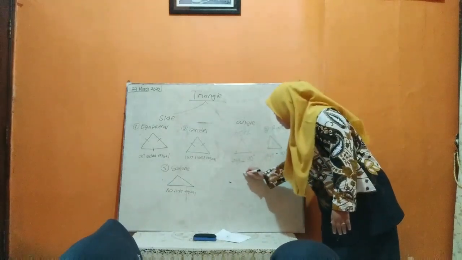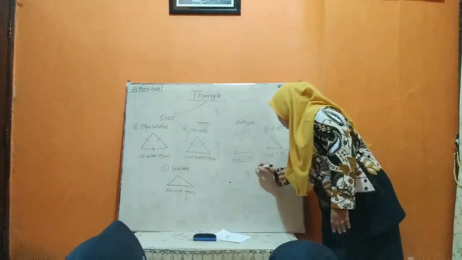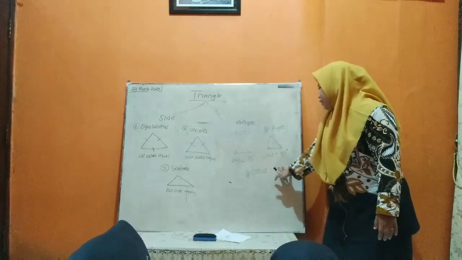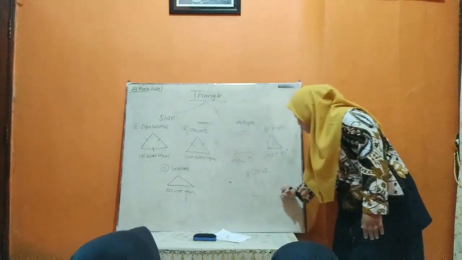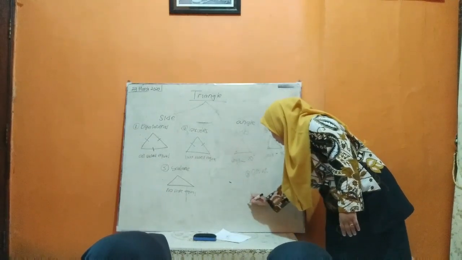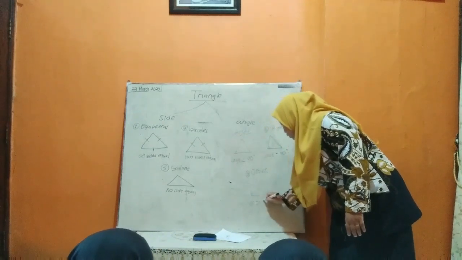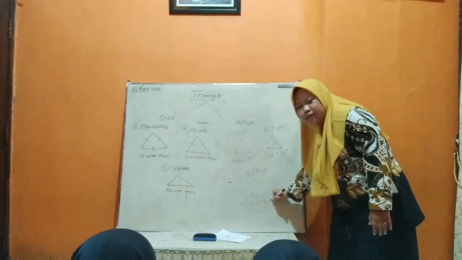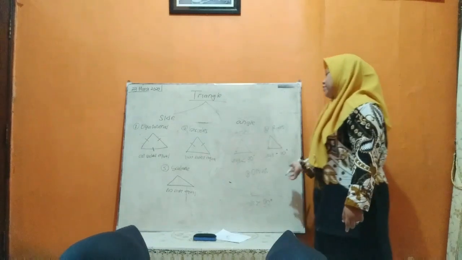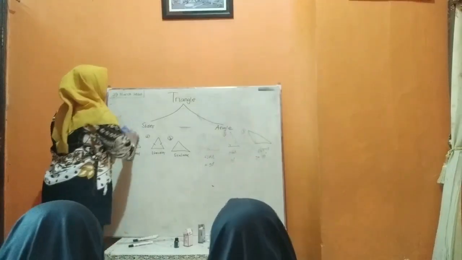The last is obtuse triangle. Like this. The angle is more than 90 degrees. Do you understand? Yes. Next,